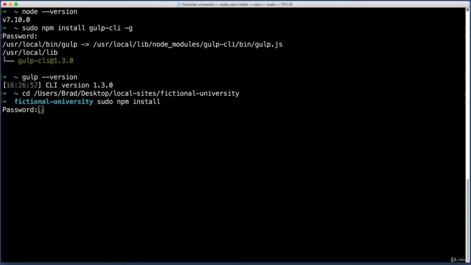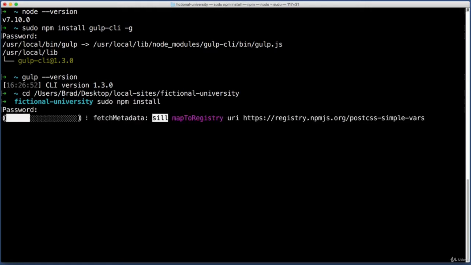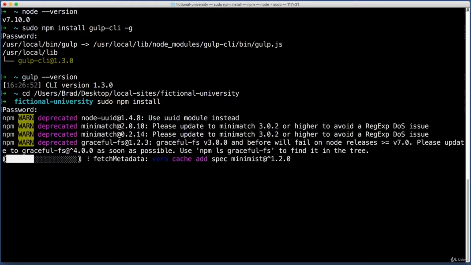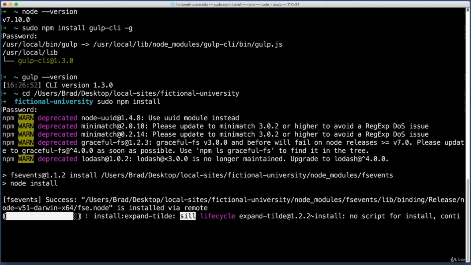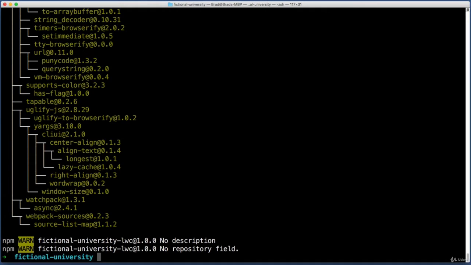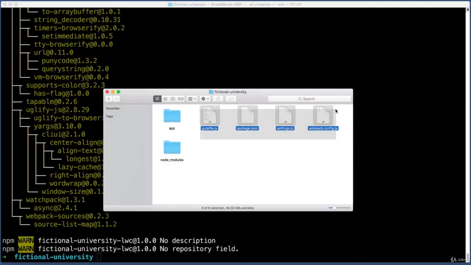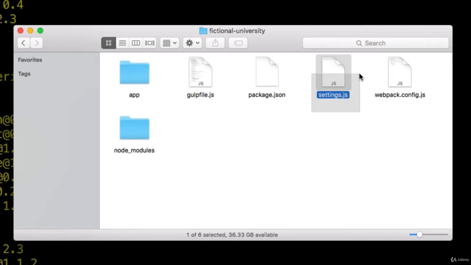But go ahead and press enter. This install process might take a minute or two, but once it completes, we now only have 1 step remaining. So back in the folder that contains our 4 key files, I want you to open up the settings.js file